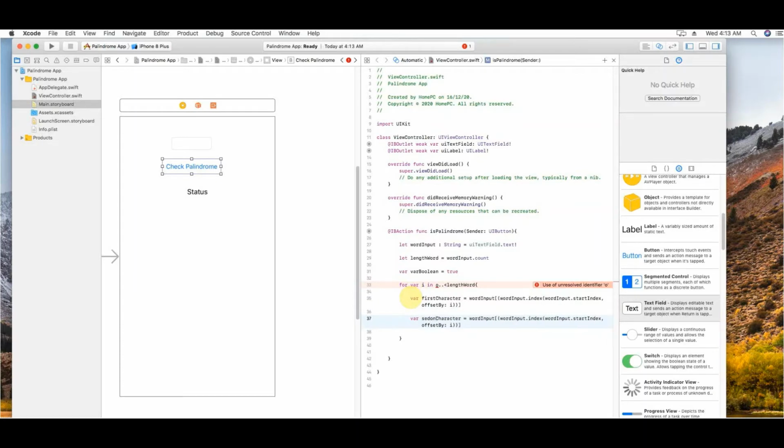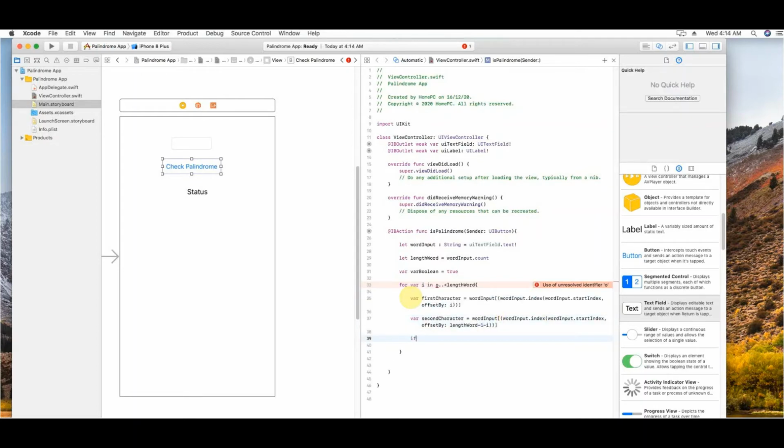Again, you can use any name, probably the right hand character or whatever, and the rest of the things will remain the same. It will be of word input and a start index. The only thing that changes here is the offset. The offset will no longer be from the start, but from the end side. So we'll use length of the word minus 1 minus i. I think I should not have left this.